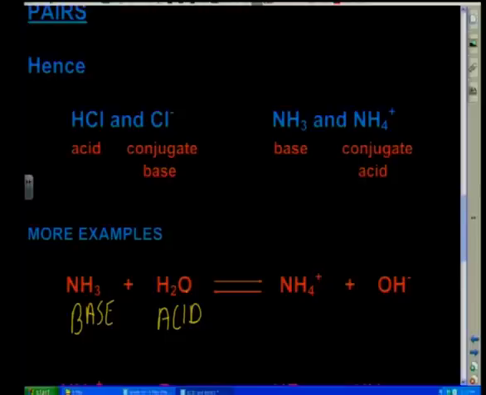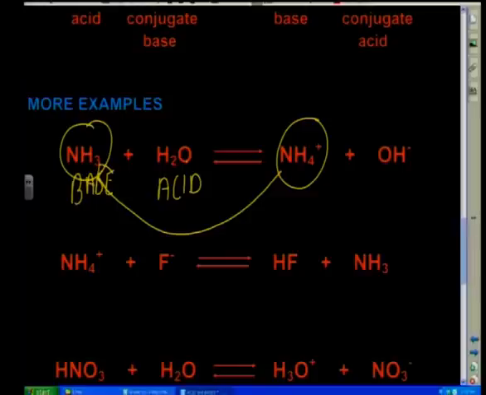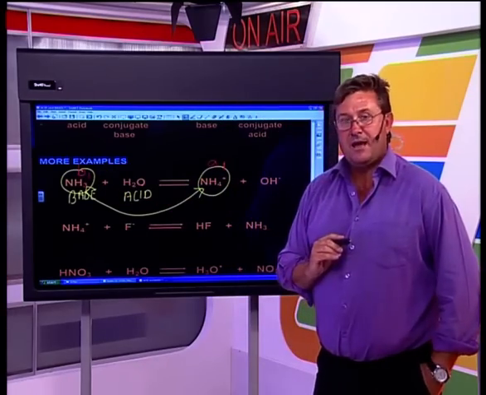Now, what are they basically similar to? Can you see now that this guy and this guy are differing by one proton? So we can link those two up like that. If this is acting as a base, and I'll put this in red here, and let's make this our first acid-base pair, then that must be the conjugate acid for that particular base. So in the back reaction, he will be acting as an acid, a proton donor. So there is my first acid-base pair.